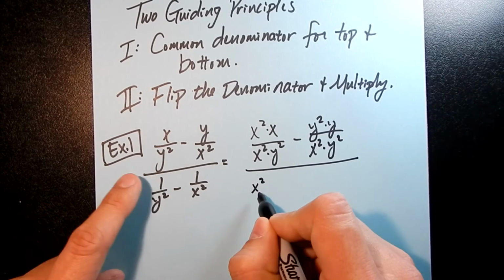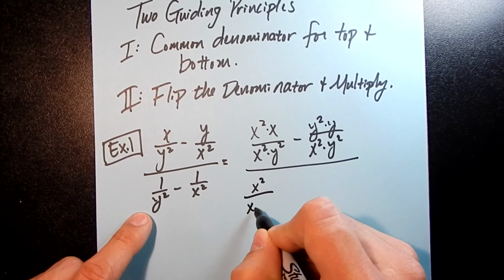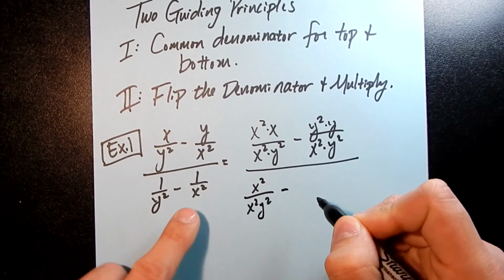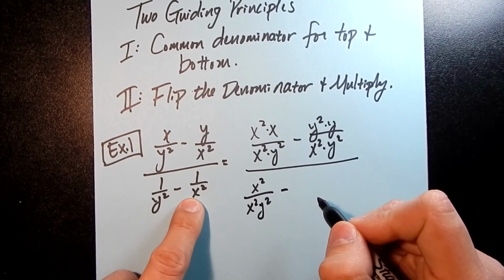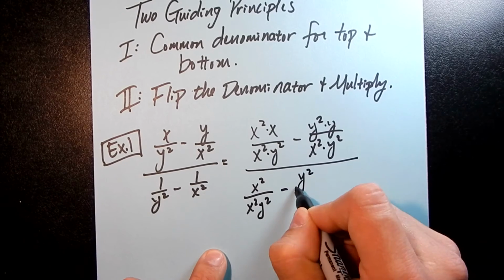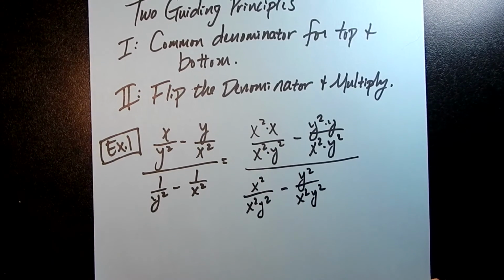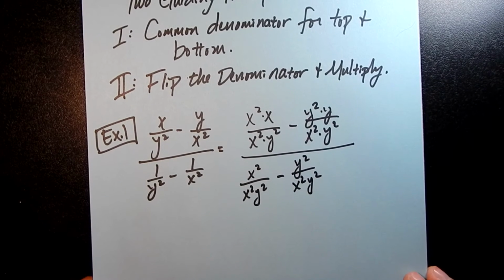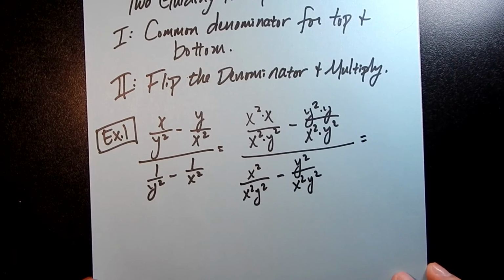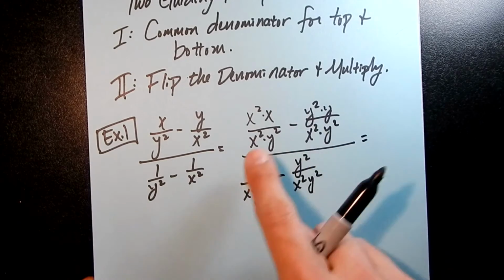X squared times 1 is x squared over x squared y squared minus, now y squared has to get multiplied over here, so y squared over x squared y squared. One thing you'll notice is you tend to run out of room very quickly on these types of problems. So I'm going to do a little bit of cleaning up here